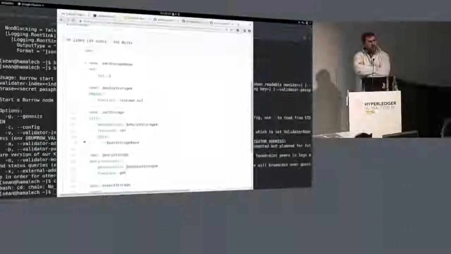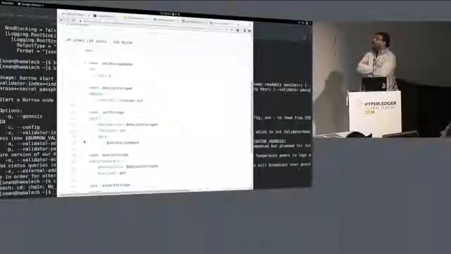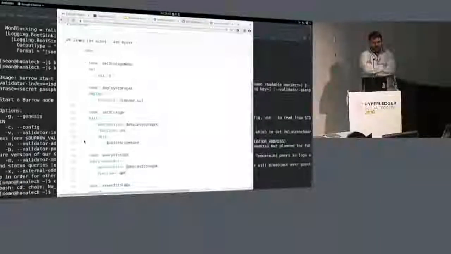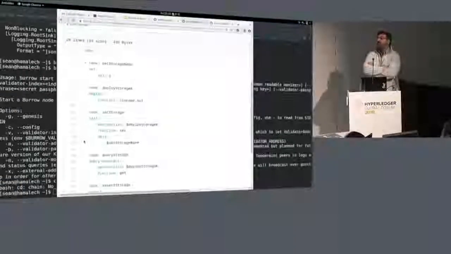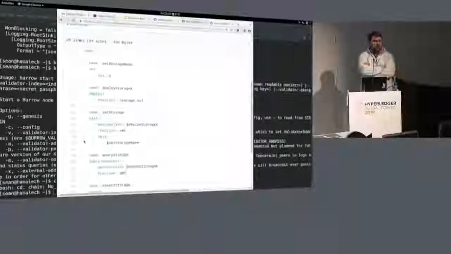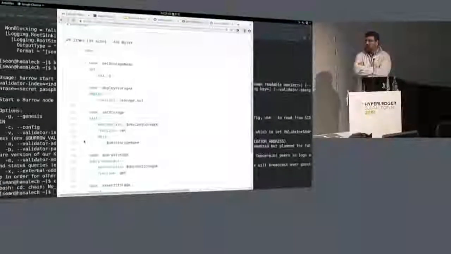So here is what a very typical Burrow deploy YAML may look like. In an editor, you'll want to create a deploy.yaml file and fill out a few of the fields. At the top, you give it an object called jobs, and that's going to be an array. And Burrow deploy is going to go in order